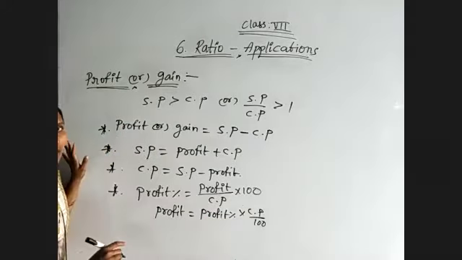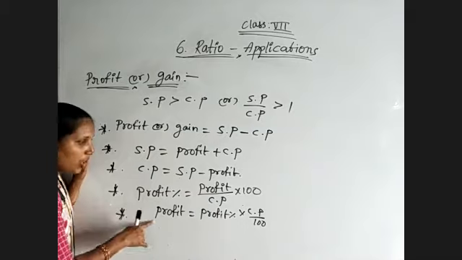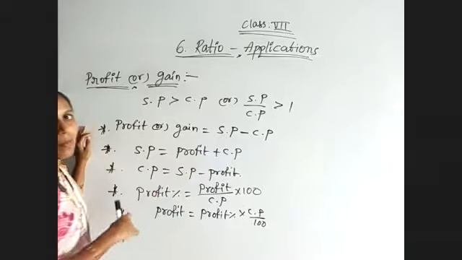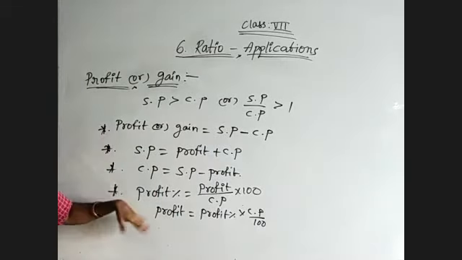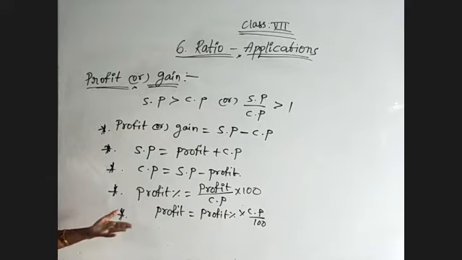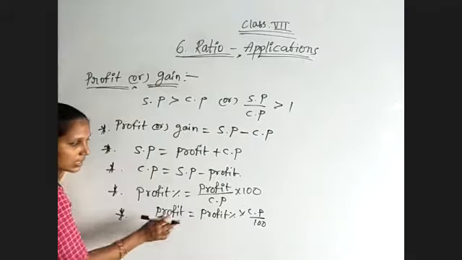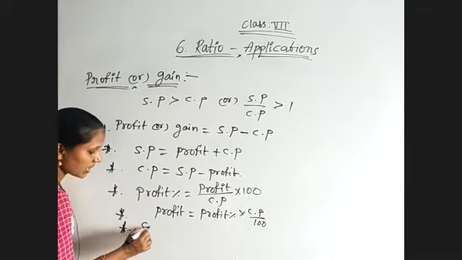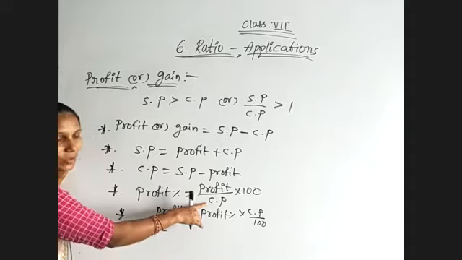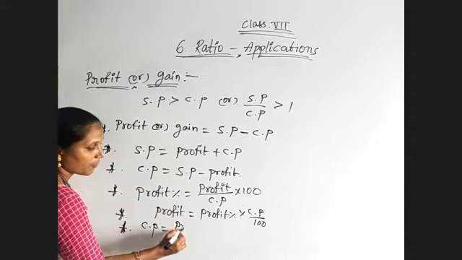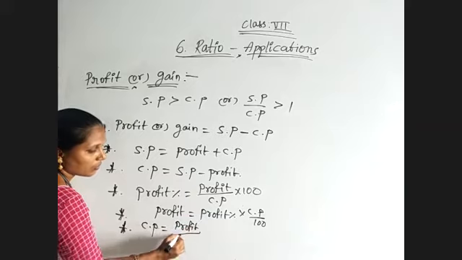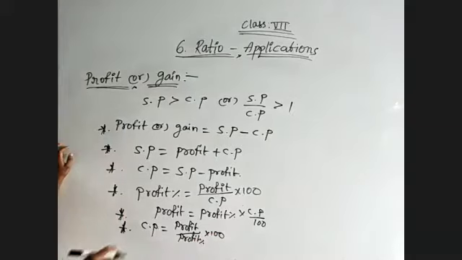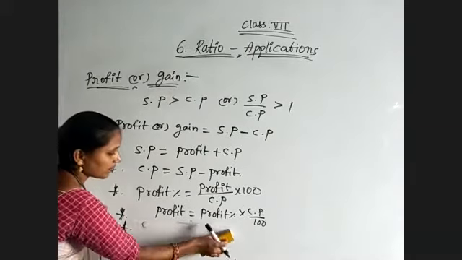Okay, leave it. This one is the profit formula in terms of profit percent and CP, and the profit formula in terms of SP and CP. While we are doing the problems, we will understand which formula is suitable and how we need to use it. And next, the CP value in terms of profit percent we will see. CP will be equal to, the CP value we need, profit by profit percent into 100. But we will not get the SP value this way.